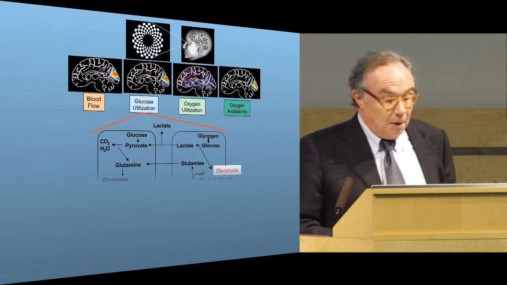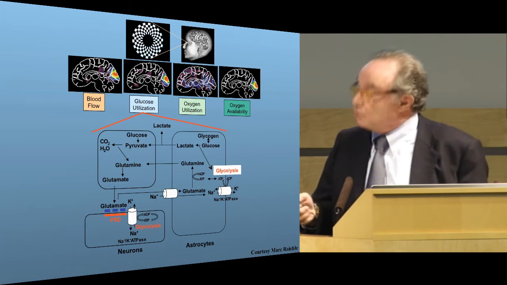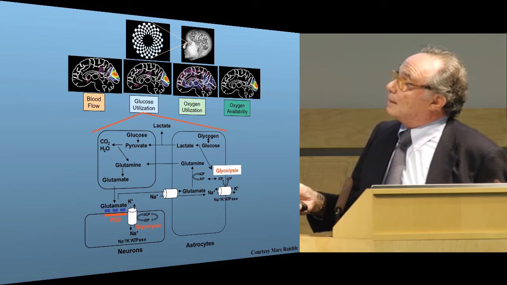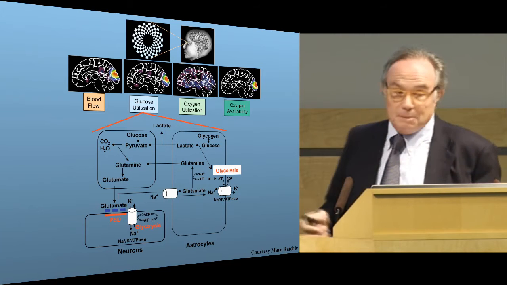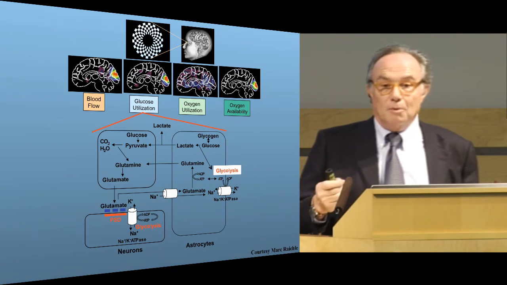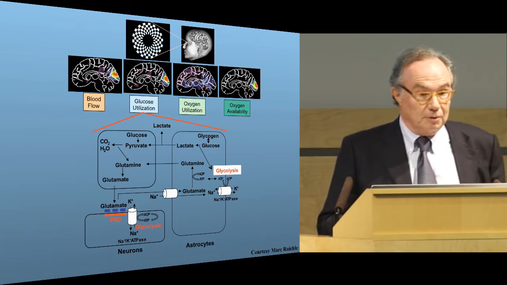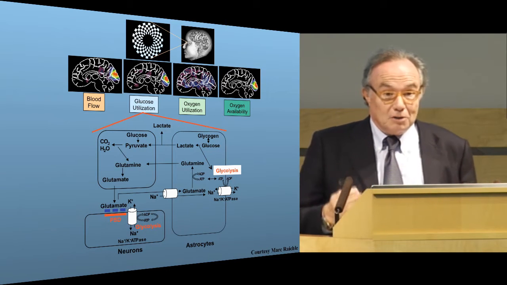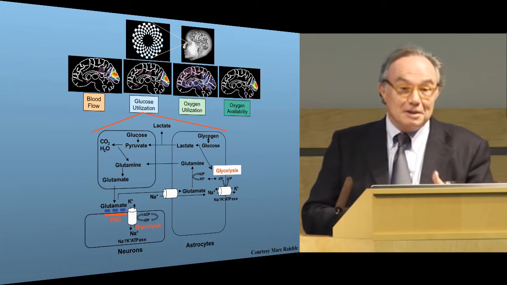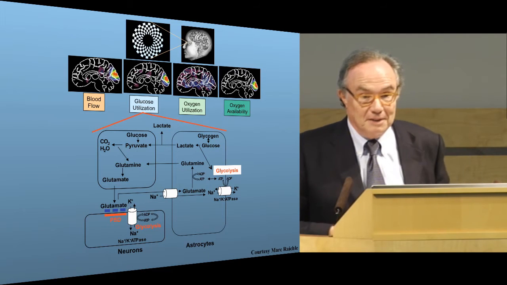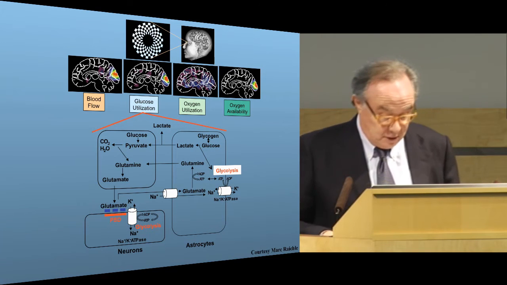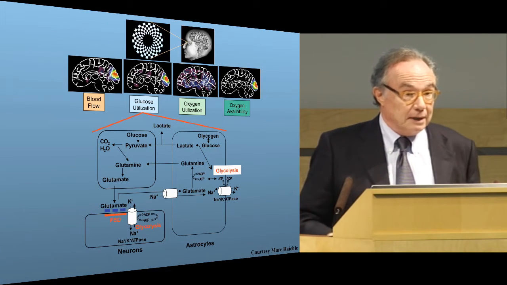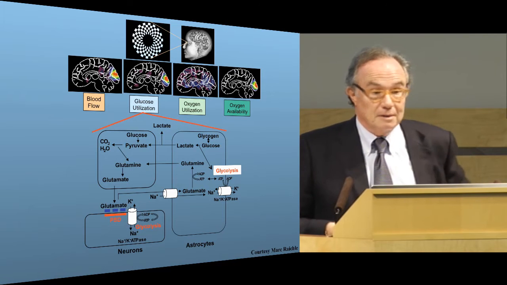And in fact, Mark Reichel, a few years ago, showed that during activation, for example, a visual stimulus, there is an increase in blood flow, an increase in glucose utilization, which is not immediately matched by a commensurate increase in oxygen consumption, meaning that paradoxically, there should be an increase in oxyhemoglobin in the activated area. And this, by the way, induced Seiji Ogawa to develop the BOLD technique, the blood oxygen level dependent imaging that